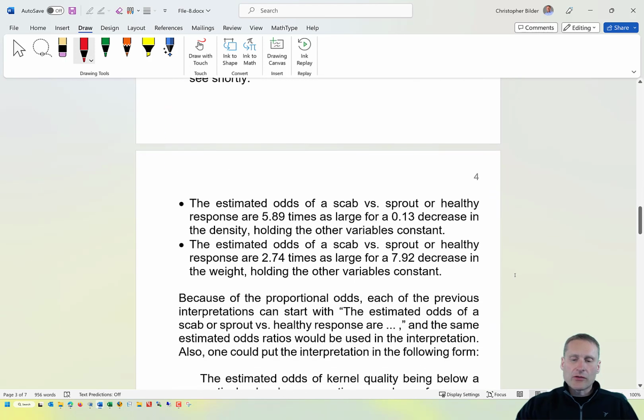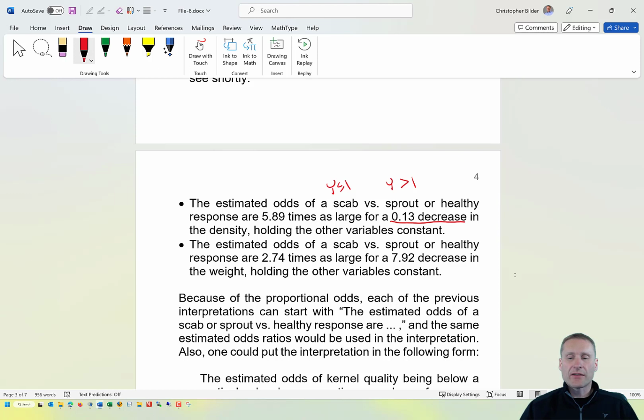So the interpretation would be: the estimated odds of a scab versus, so scab would be y less than or equal to 1, versus a sprout or healthy, which would be y greater than 1 response, are 5.89 times as large for a 0.13 decrease, since I inverted that odds ratio, in density, holding the